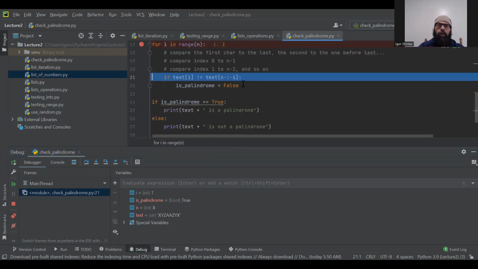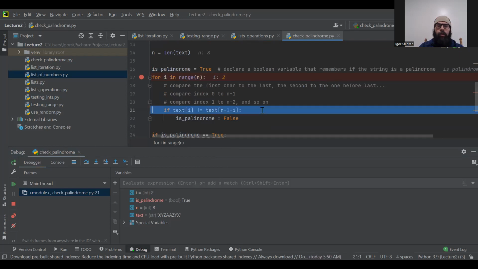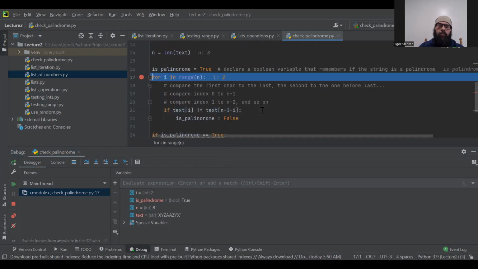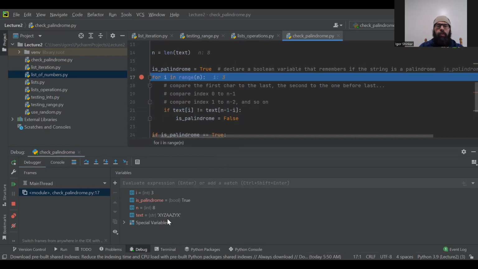And which two are we comparing? So we're comparing this x to this x. Oh, yeah, they're equal. So we skip the false thing. So I is 1, so we're comparing this y to that y. They're also equal, so we skip. Then we compare z to z. We also skip. Then we compare a to a,